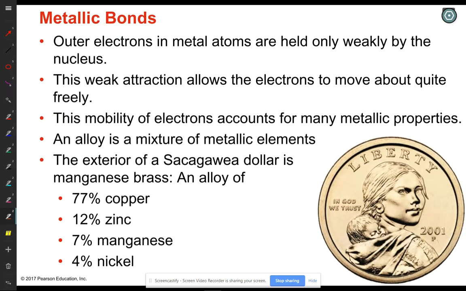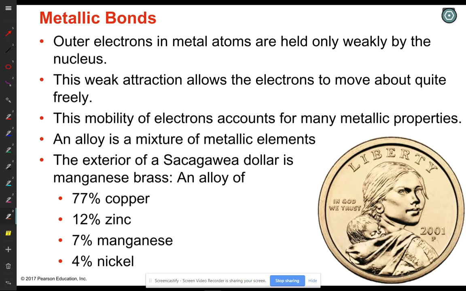Now, metal bonds, this is the only thing we have on metals. Metals are the trickiest type of bond. I didn't even mention it when I said we were going to talk about covalent and polar covalent. I didn't even mention the metals. Metal bonds,